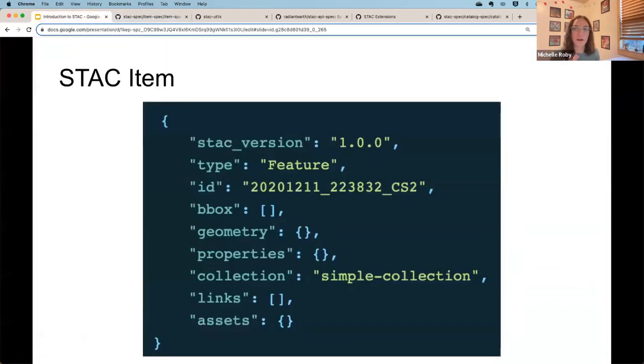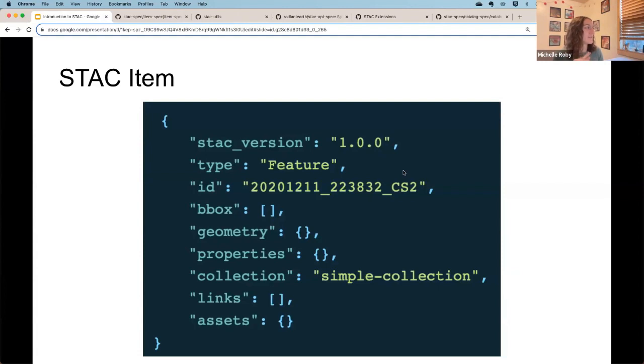And then here is our example of a STAC item. Some of this is starting to get really repetitive, which is good. It shows you how parts of it are pretty simple, and there are repetitions within a STAC catalog sharing the same information throughout it. So we're always going to have that STAC version, the type. So once we get to an item, I think I briefly mentioned this earlier, but it may not have made sense in that context yet.